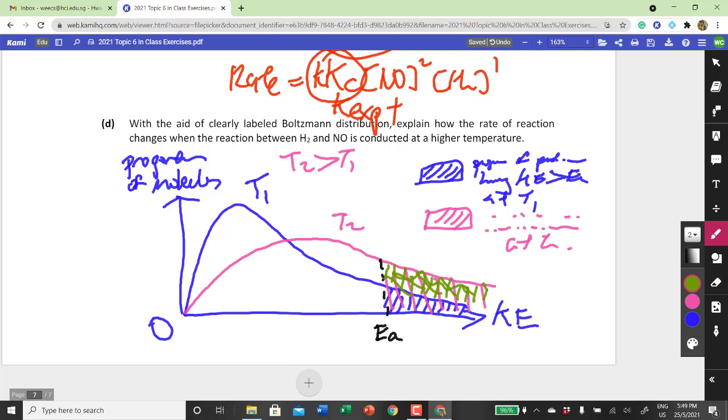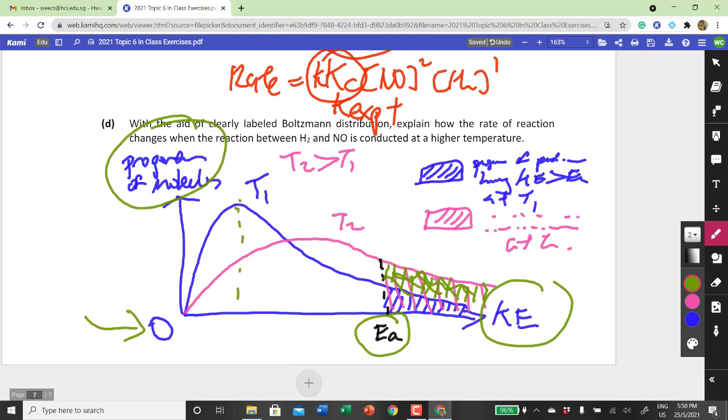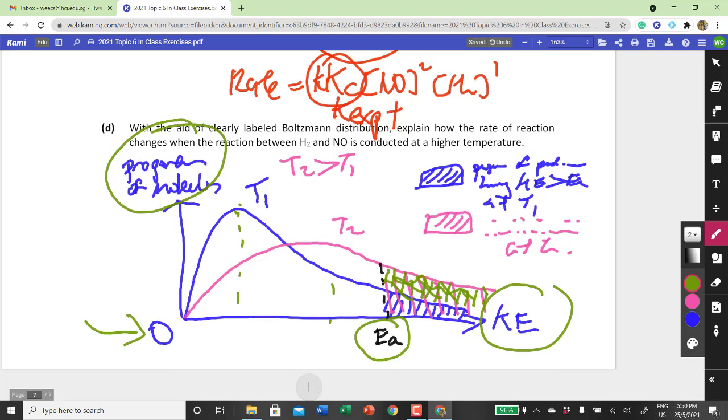A few things to take note of: make sure that you have your origin over here, you have your axis properly labeled, you label your activation barrier as well, and make sure that in the graph you draw, the area under the graph is about the same, and the high temperature graph must be broader, and the average kinetic energy, which means the peak, must be lower. Because to keep the same area, when the curve broadens, the average Ke must be lower, and it will lead to a lowering of the peak. Okay, so that's the end of our debrief for